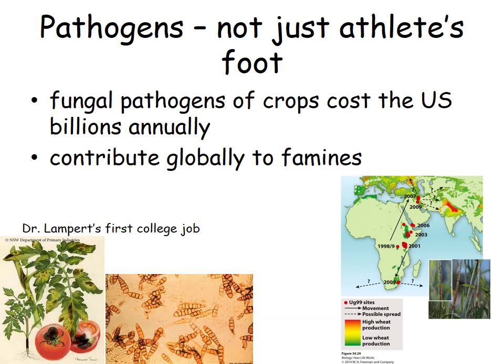Rusts. Rusts of grains are arguably the most economically damaging pathogen around today. So rusts are fungi that look like rust, for lack of a better word. They have brown, kind of fuzzy-looking conidia, and they tend to attack grain crops. And so there's a chance that some of these rusts can cause mass famine because we rely so much on